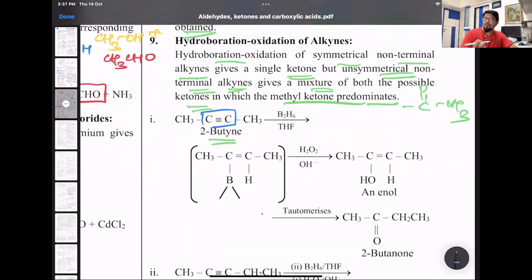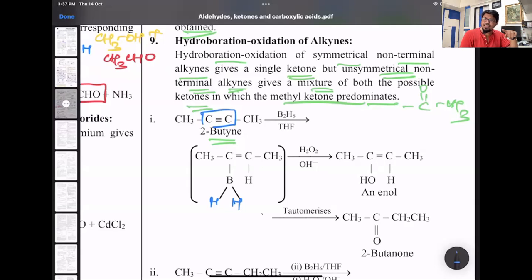So look at that. You add diborane, addition is similar to anti-Markovnikov addition. So here the BH2 of BH3 gets added to one of the carbons, because in this case it is symmetrical, and one H will go on the other one. Then there is H2O2. So the first step is addition of diborane to form its respective alkyl borane. The second step is with H2O2 and OH, that is an oxidation step. First was hydroboration, second is oxidation.